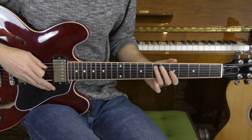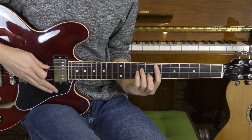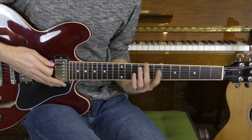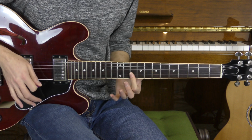So when the riff was going to the E, or the 4 chord if you like, I was just reinforcing that with the E minor chord, and the same thing when it goes to the B or the 1 chord, just playing a B minor chord. And after I did that, I would play this little riff,